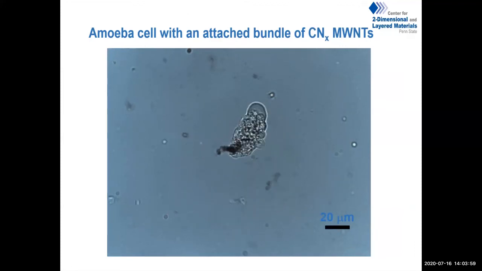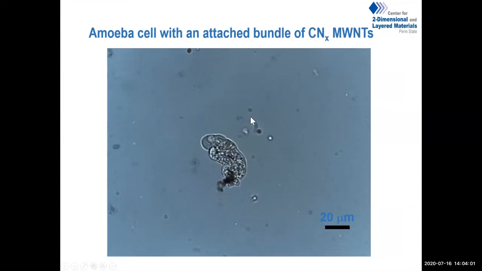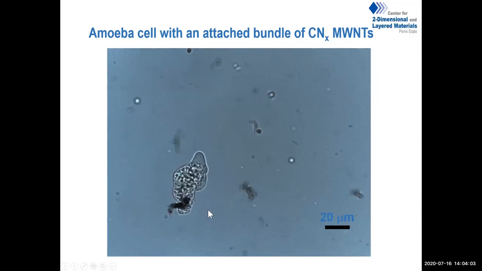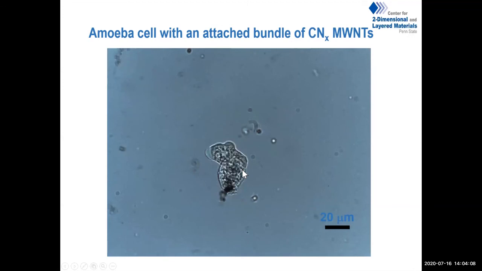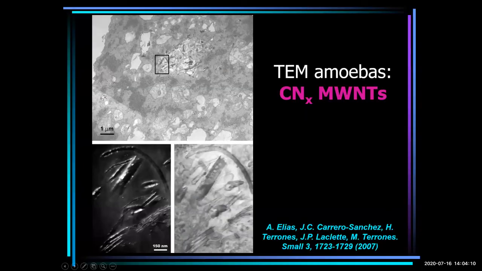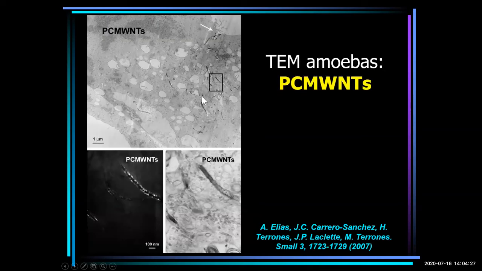This is an image of an amoeba that has ingested carbon nanotubes, and you can see the bundles of carbon nanotubes that are still there. The amoeba is still moving. We did cross sections of this amoeba, and you can see the nitrogen-doped carbon nanotubes, which show these bamboo-like structures, in the bright field image. We have dark field images, and then this is the image. Also, with the other types of tubes that were not doped, we could also see them. So they were ingested by the amoeba.